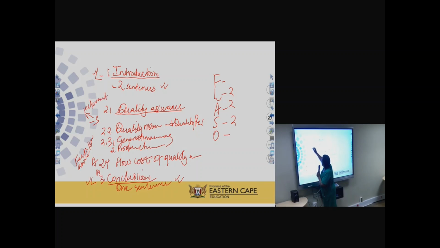For an example, here we are talking about quality assurance, quality management, everything on TQM. Then in the midst of things, when you put in maybe the Labour Relations Act, which does not fit here,